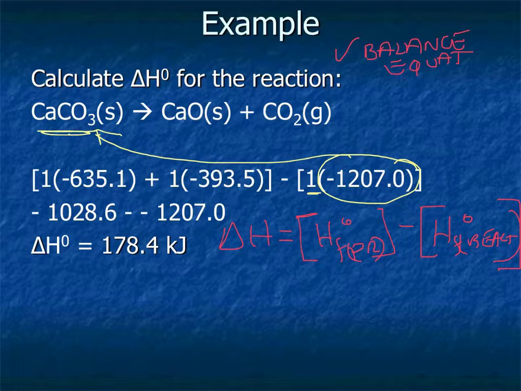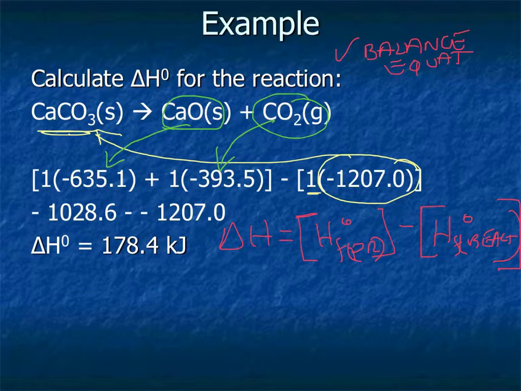And then in the second one here, we're going to use a different color pen. So the second one, we have calcium oxide, right? And then CO2. We already know what CO2 is. We've done that. So calcium oxide goes here, and then the CO2 one is this one here. And we have 1 mole of each. So therefore, it's 1 times minus 635.1 kilojoules per mole plus 1 times minus 393.5 kilojoules per mole. So that equals minus 102.8